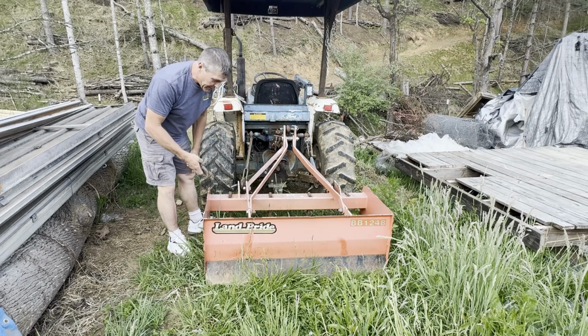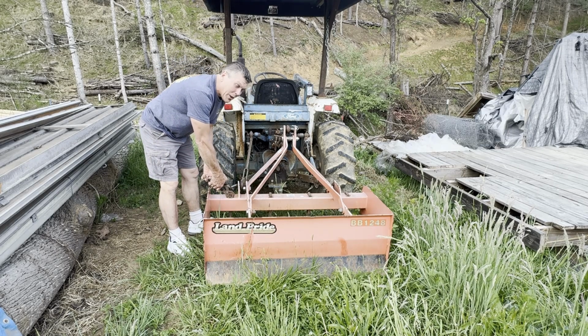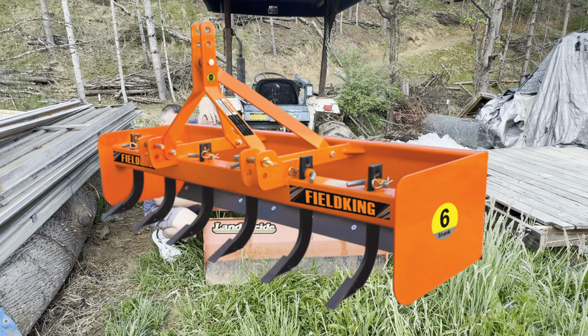It does require some pliers or something to grab this out. Actually, I can't do it. I've got to start the tractor. But these teeth, there's 4 teeth in there, and they just basically rake through, and you can set them for